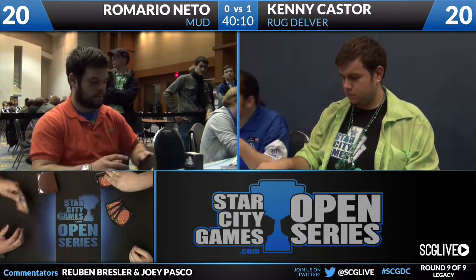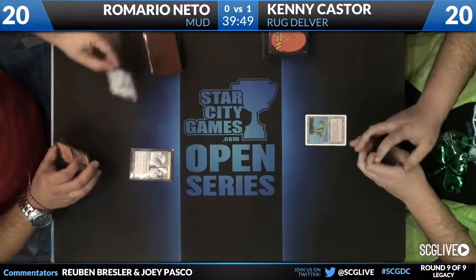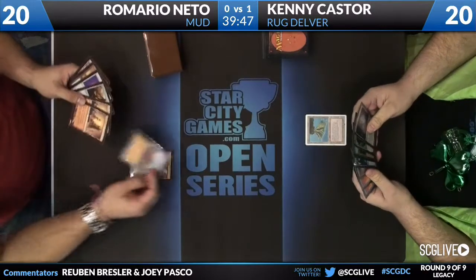And Kenny doesn't really have good answers for those giant guys beyond the Ancient Grudge that you mentioned. But he does seem to have quite a few answers to the little guys that are going to be used to try to get the big guys into play. So yes, Kenny essentially wants to make sure Romario never hits something as big as, well, Wormcoil Engine. That's not even the biggest guy. Right. He wants to make sure that, well, Kuldotha Forgemaster is the real biggest problem for Kenny Castor, because not only does it have 5 toughness, not only does it fetch out future big guys, but